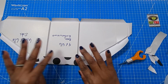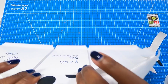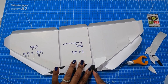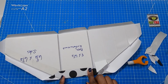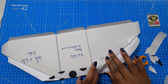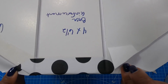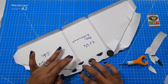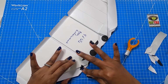So just like we did yesterday, we are going to take the top and fold it over, and then we'll take our finger and we're going to go in between the spine, get it stuck, and then we'll take our finger again and just smooth out those little humps that are created right here. Now, once we have those smoothed down, we can take our finger